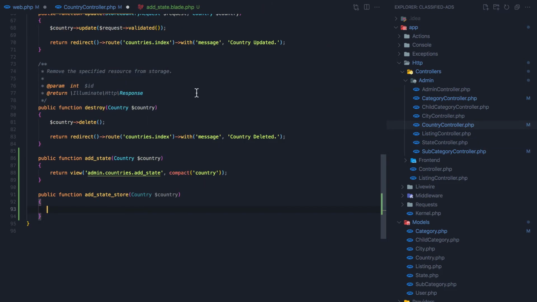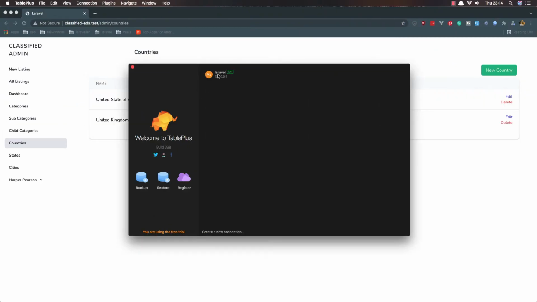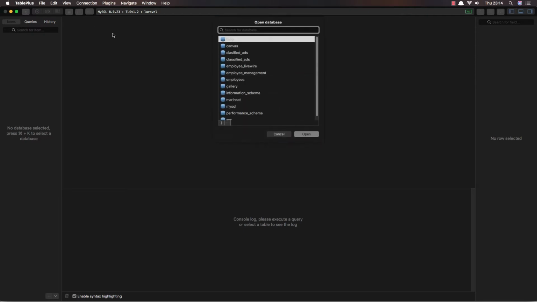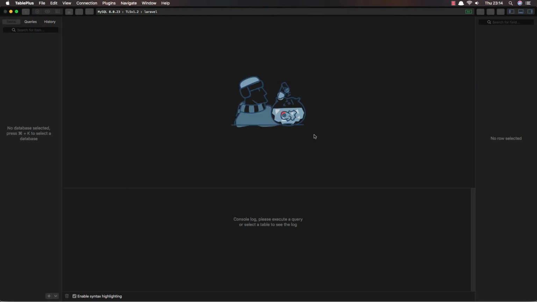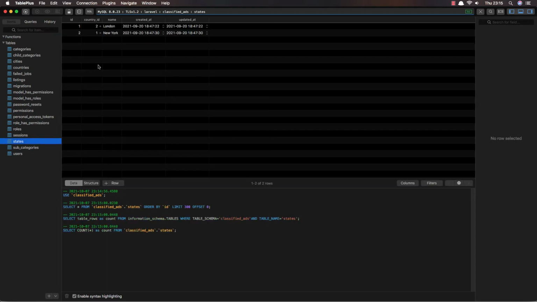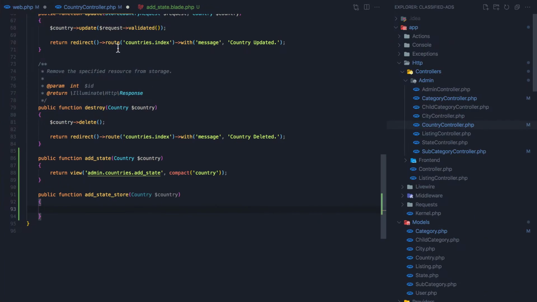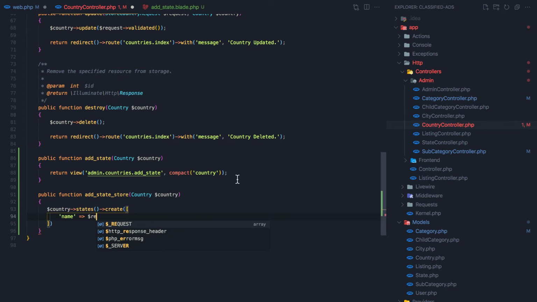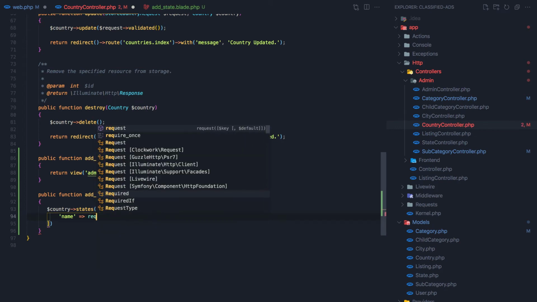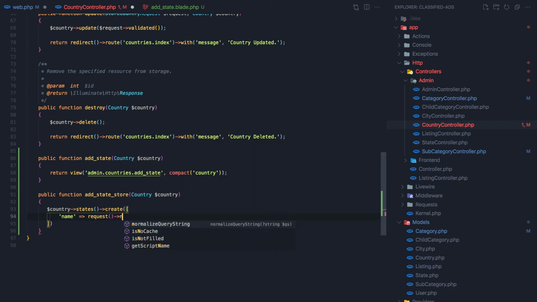I'm going to open the table plus, so classify that's open, and states has only the country ID and the name, so I'm going to say $country states create, and it's going to create a state with a name, the request, because we need to add the request here, or like this, request name,